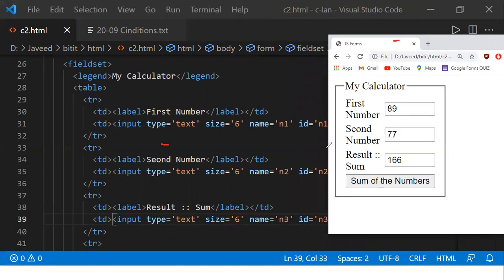Now what we did is, we have defined an element. Here we have defined an element with the ID called N1. And then we have defined one more element with the ID N2 here. Then the third element also we have defined with N3. Now, in the code, what we are doing as a part of the code part here.